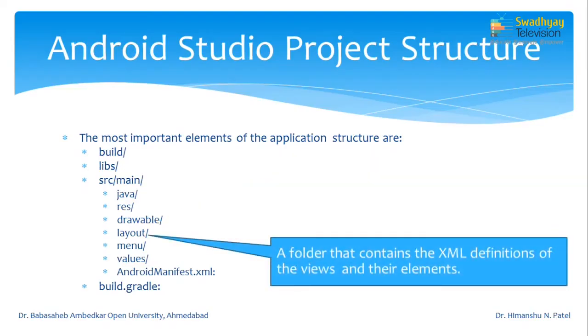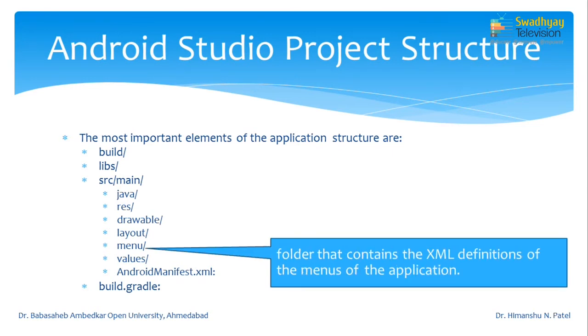Next is layout. We already discussed what is layout. Layout represents your interface. How your controls are organized in user interface is specified by layout. So, all layouts are XML files and these XML files are stored into layout folder of src main folder. Again menu is also resource. So, it is again stored in XML file and this XML file is stored into menu folder which is normally called menu.xml. So, all menu definition is stored in menu folder.